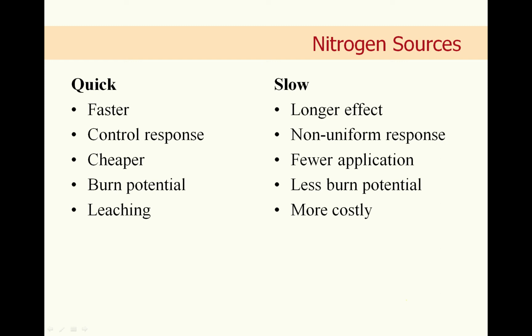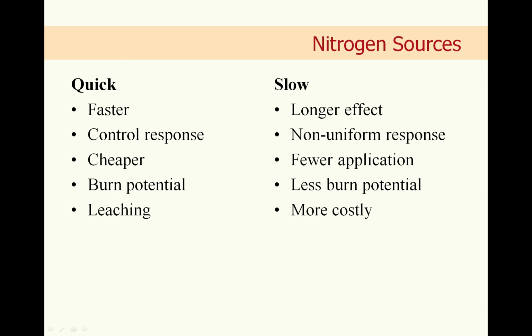These sources are often cheaper, and they do have a higher burn potential. If you put them on plants and they sit there for a while under certain conditions, they can essentially burn down plant tissue. They can absorb a lot of water out of the atmosphere and through the plant. Also, because these materials release very quickly, they can be prone to more leaching because you have an abundance of nitrogen being released at the same time. Not all of it will be used by the plant, so it can leach through the system